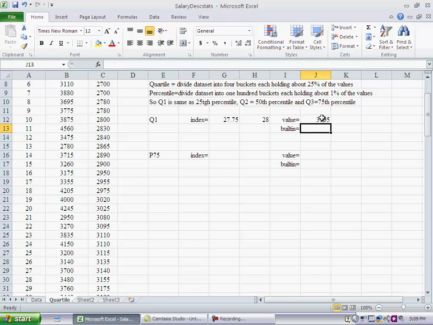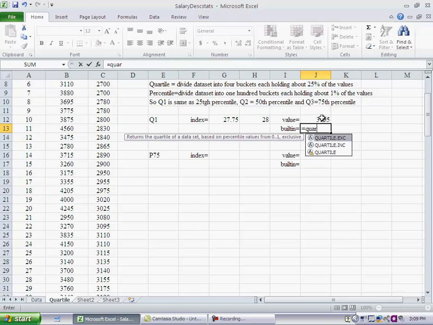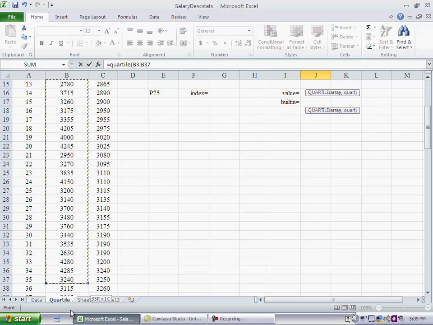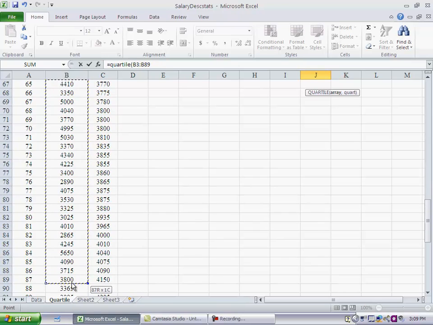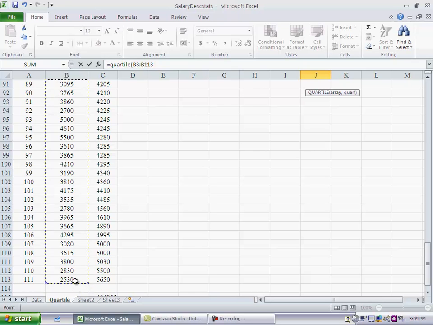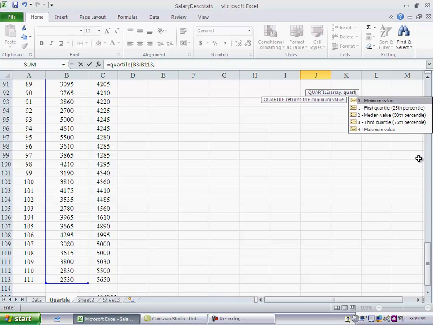Just like with the median, we don't have to do this eyeballing and sorting manually. There is a built-in function in Excel to do quartiles, which is the word quartile itself. So let's apply that. Quartile. And I will highlight the values, and notice I can highlight the unsorted values. I don't need to sort them prior to applying the built-in function. I did the sorting simply to show you the mechanics of how the computation is done. So I highlight the entire data set,